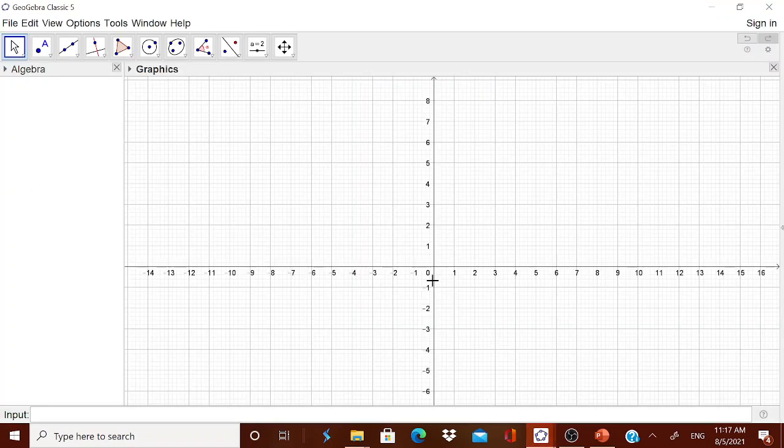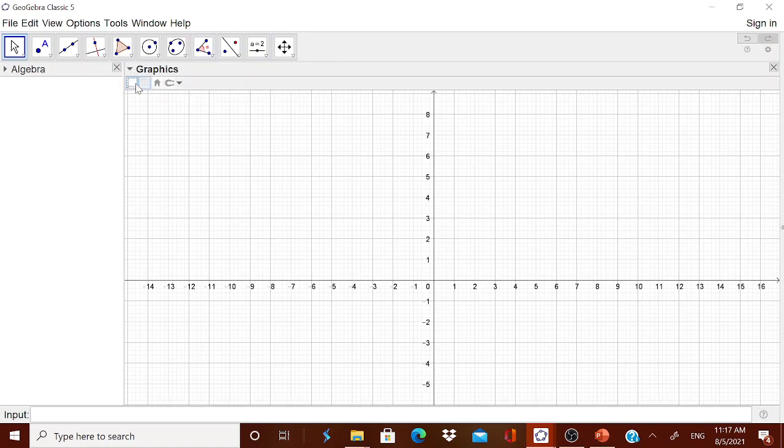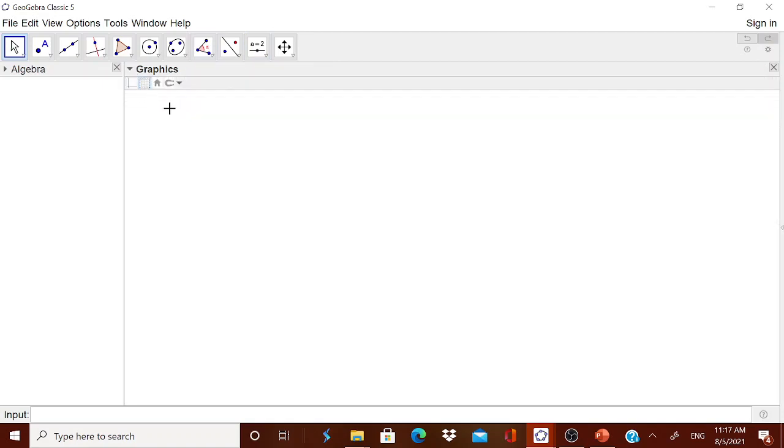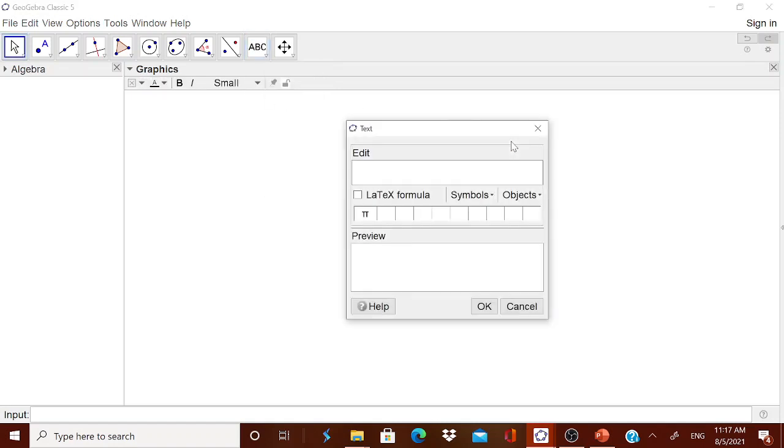For that I have taken a GeoGebra Classic 5 worksheet where I will remove the grid and the axis. I will go for the text tool, then type inverse of a 3x3 matrix.